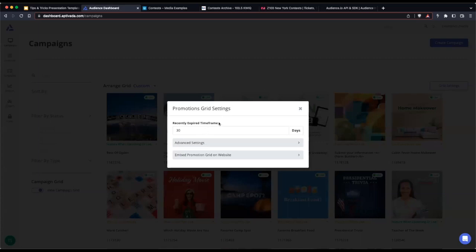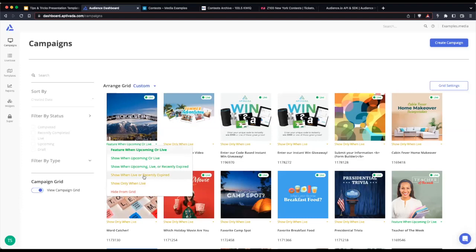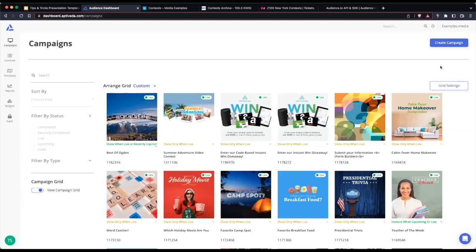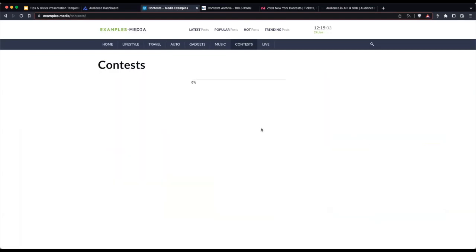Something that we've added for those of you who need to be FCC compliant, we understand that rules need to stay up on websites after a certain amount of time. I believe it's 30 days. So by default, if you set your contest to show when live or recently expired, I did that on our Ogden giveaway here, then the recently expired time frame will be 30 days. So what this means is the contest will still appear on the page. There won't be an entry form allowing people to enter, but they will have access to the terms and conditions